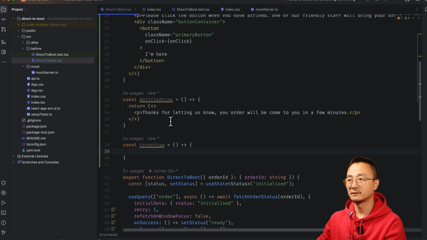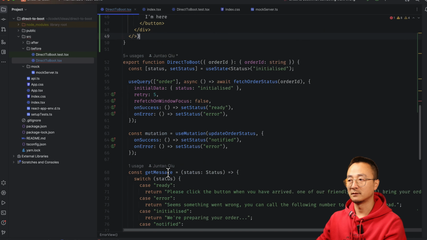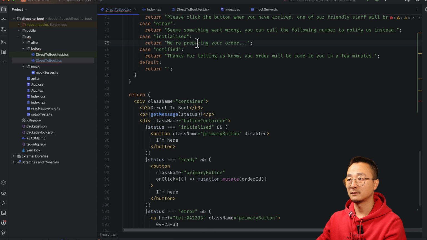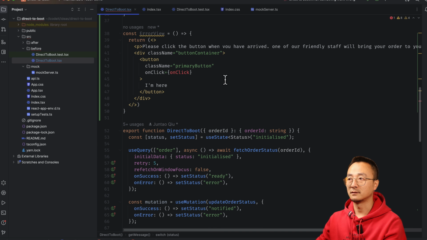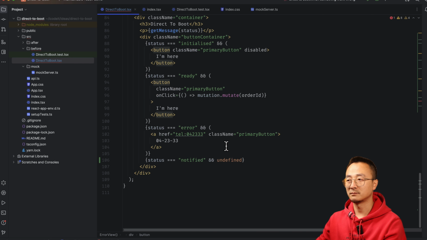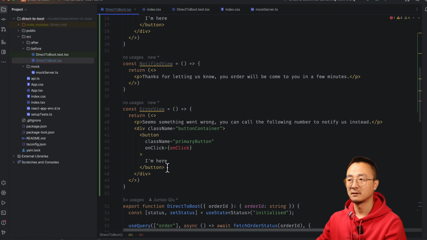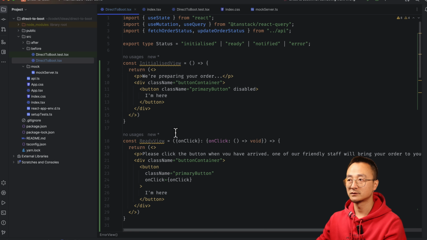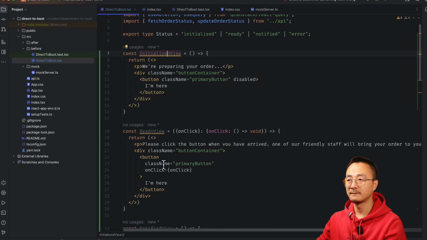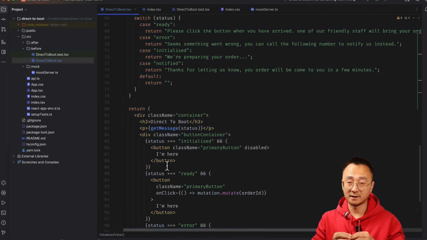which has a link. So we'll just copy this over, and the message is "Something went wrong," and the button is not a button, it's a link. So you can call this number like so. So now we have defined 4 separate views, and we will need a function that can take a status and return